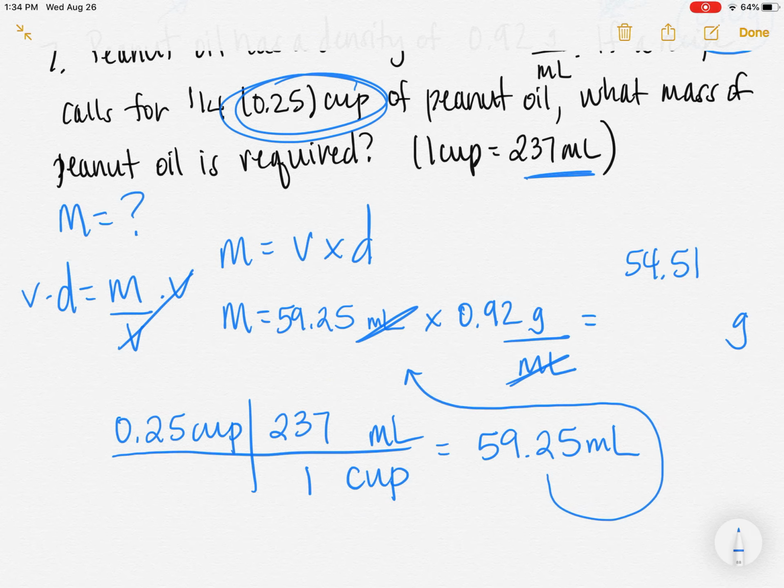So my answer comes out as 54.51, and I'm only interested in keeping 2 sig figs. The 5 should round the 4 up, so I should report this answer as 55 grams. So that was a lecture on density, the units for density,